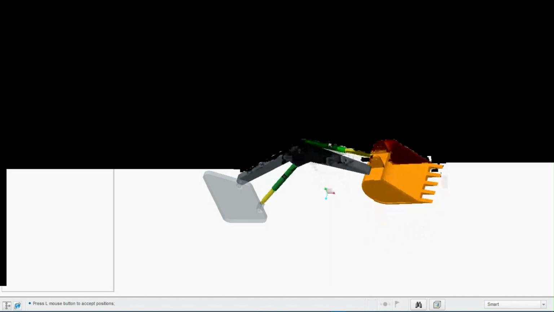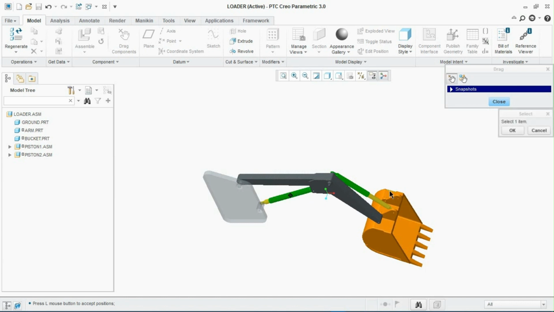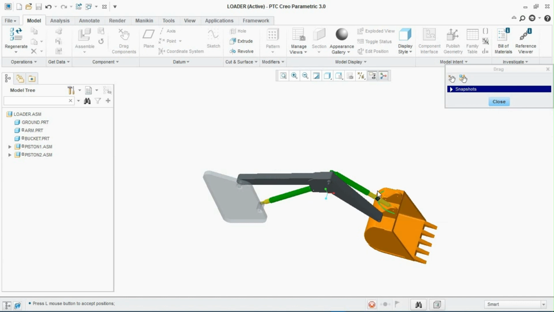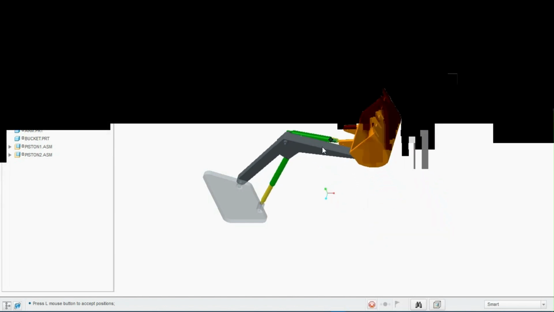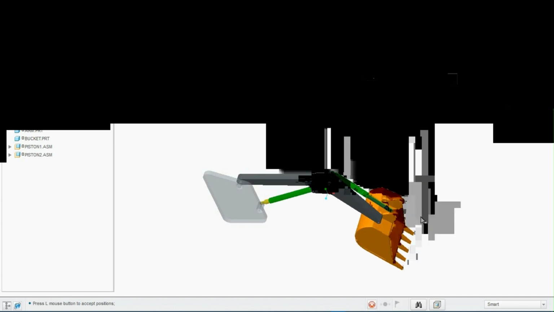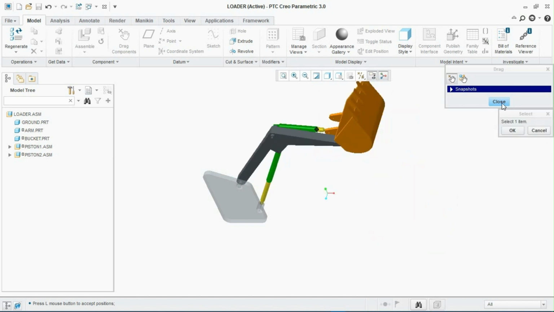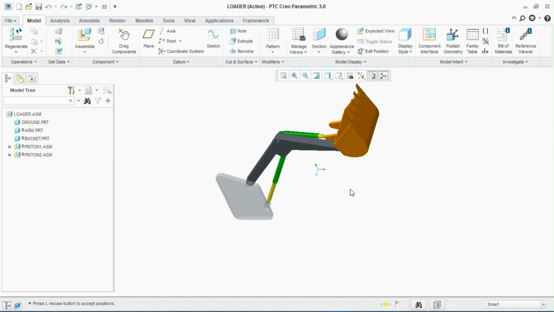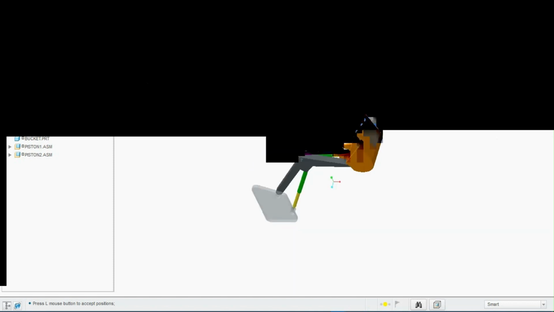Okay, my design intent is getting satisfied with the movement I'm making. Okay, similarly I can select this yellow component and you can check like this. So my design intent is getting satisfied. Okay, so this is one way of checking the mechanism, the connections. Okay, so let us regenerate the component